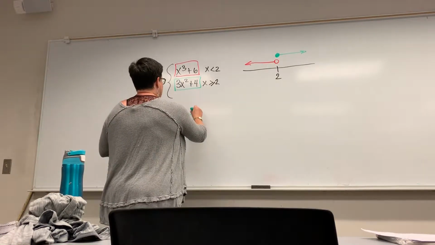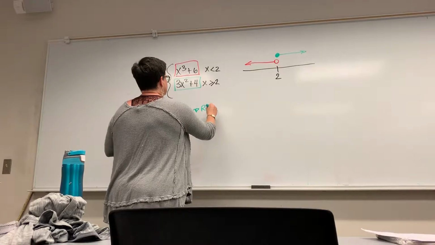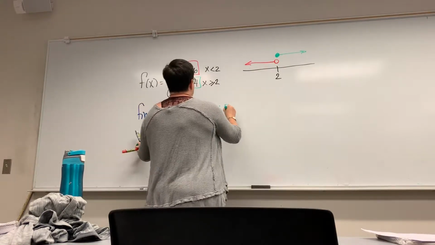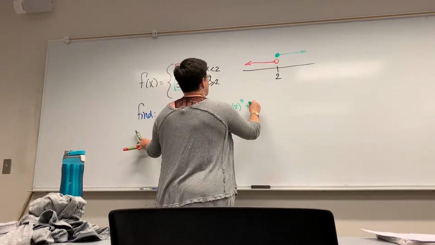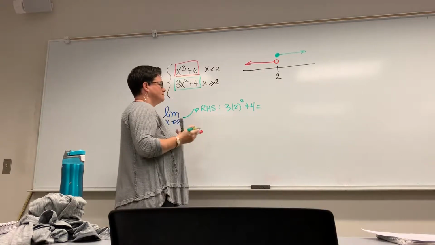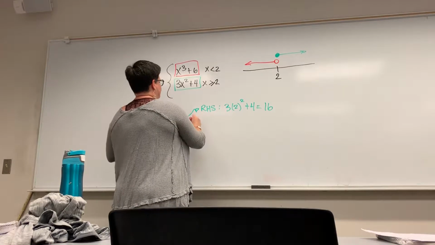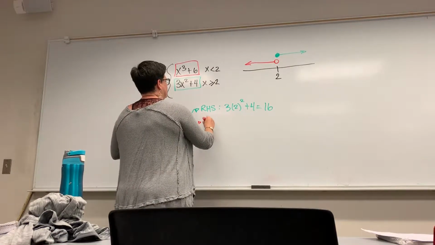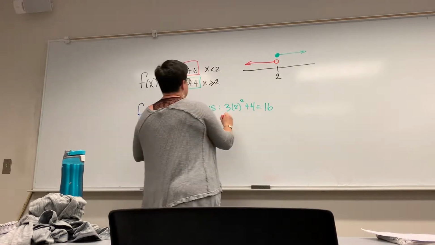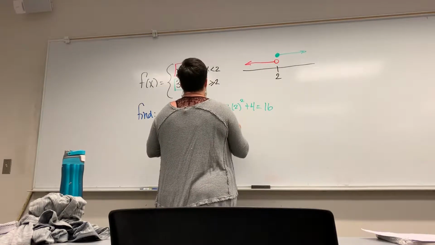So the right hand side is going to be 3 times 2 squared plus 4 equals what? 16. And the left hand side is